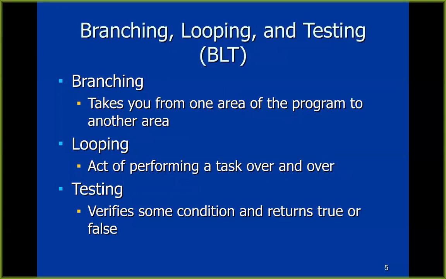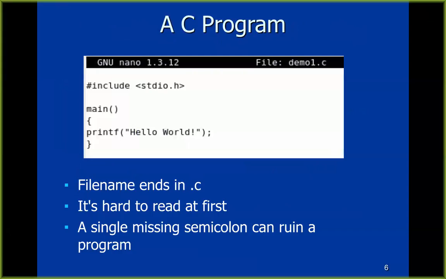So branching moves from one part of the program to another. The original way was with a go-to statement that was considered very miserable to maintain, and they switched to what you should do as a function call statement, where you call a function and it then returns when it's done. That's a lot more organized and easier to live with than go-to. Looping is doing something over and over until some condition is finished, like for i equals 1 to 100, do something. And testing is some kind of test that returns true or false, and then you take the output of that, and you may do something, print a different statement depending on whether it's true or false.